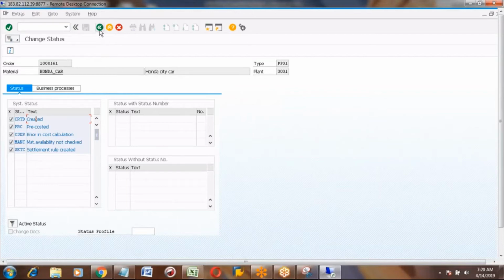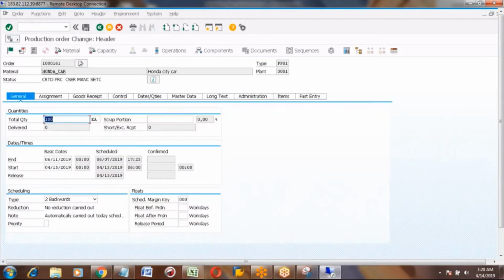I am going back to the main screen. Click on the back button. Now how to release a production order is very easy. Just click on this green flag. Once you click, you can see the status become REL. The green flag becomes disabled.